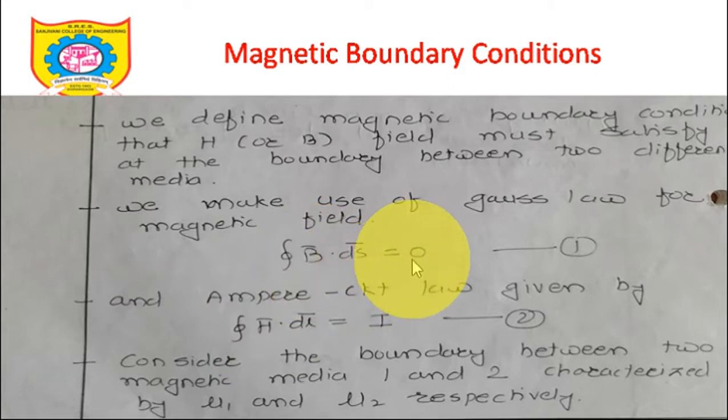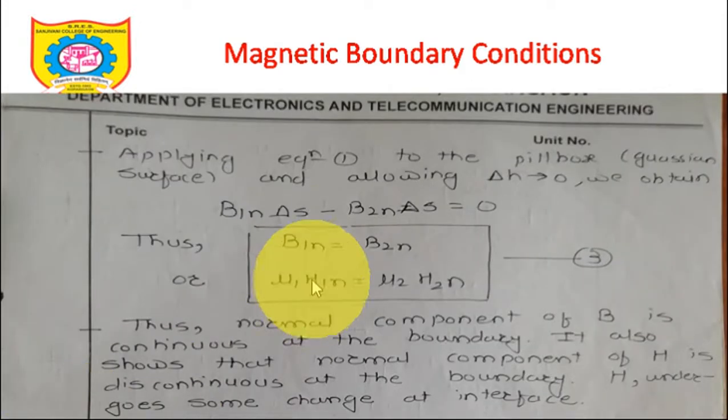So we already got the first boundary condition by making use of the closed surface integral of B bar dot dS bar equal to 0, and we finally come to the conclusion that B1n equals B2n. That means the normal component of magnetic flux density is continuous across the interface, but the normal component of magnetic field intensity H1n is not equal to H2n. So mu1 H1n is equal to mu2 H2n, but H1n is not equal to H2n. That means the normal component of H bar is discontinuous at the interface of these two